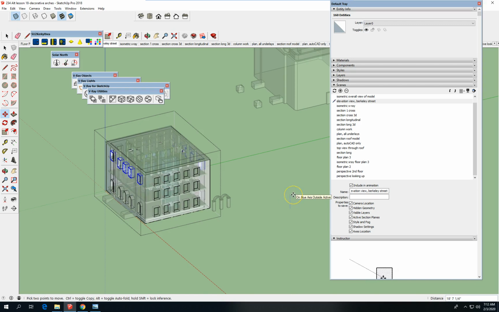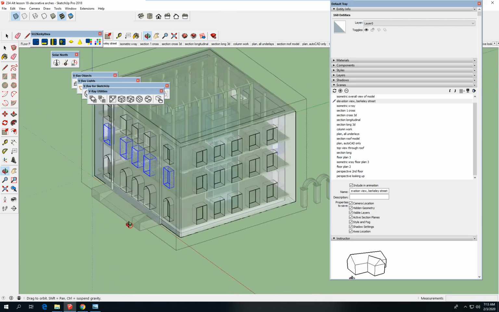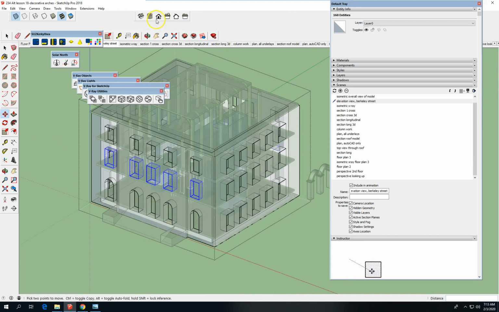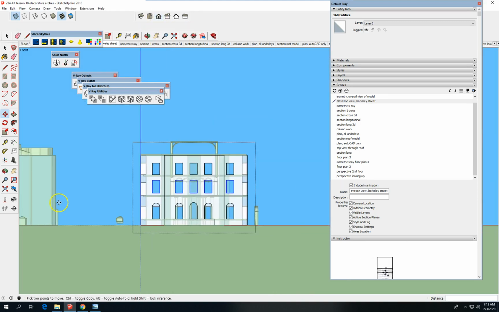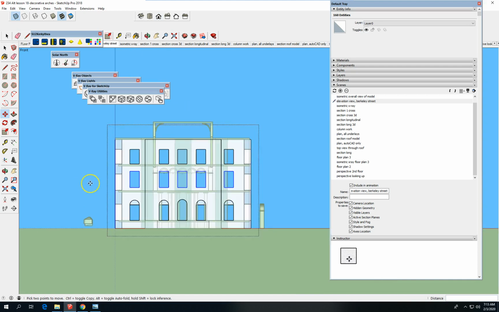I can move them vertically, so the openings can go up or down. So I do need to do that, at least do that. So let me move upwards on the blue axis 24 inches to accommodate the sills. Right. Let's go back to a front view and consider